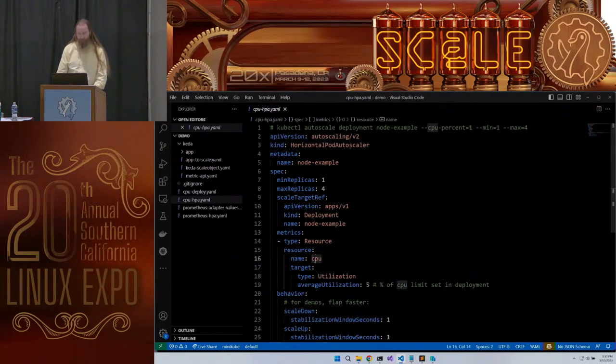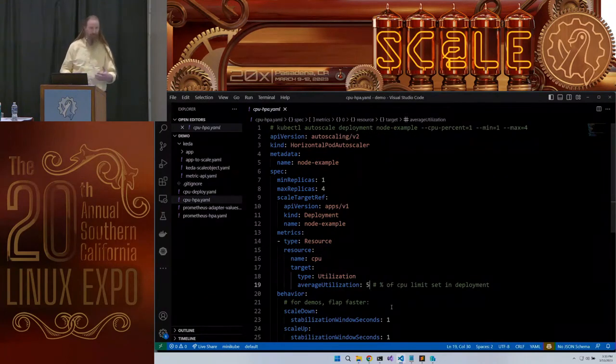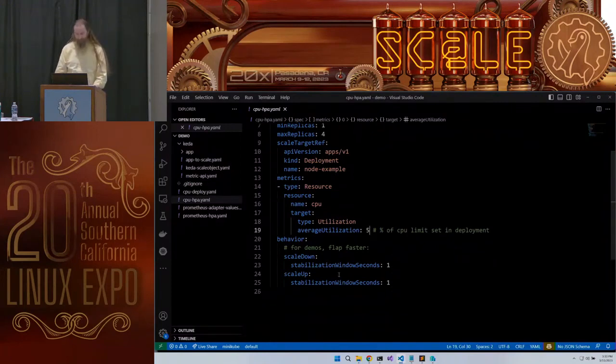Well, we want to measure based on CPU, and in this case, because a node app is pretty efficient, I'm going to set this incredibly low so that hopefully we can see it. And then I'm going to set the stabilization window seconds to 1, just so that it won't wait the whole 5 minutes. We want to be able to see our demo move up and down faster. But yeah, this is going to flap a whole lot faster. In production, that's a really bad idea.